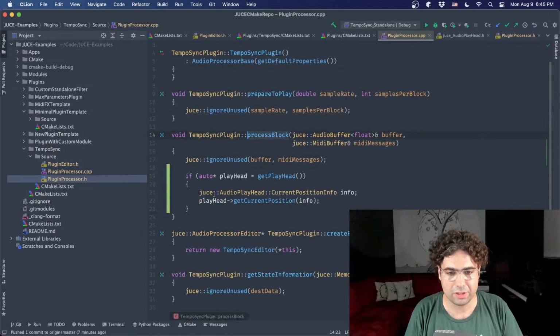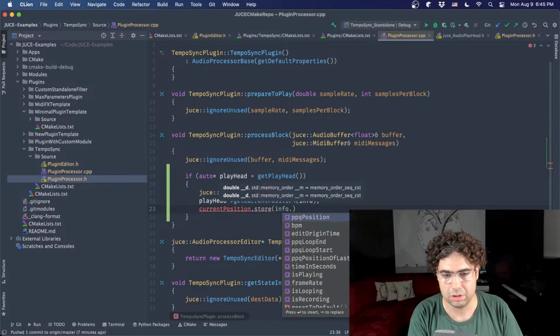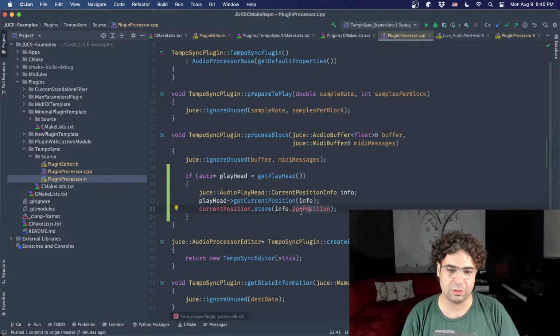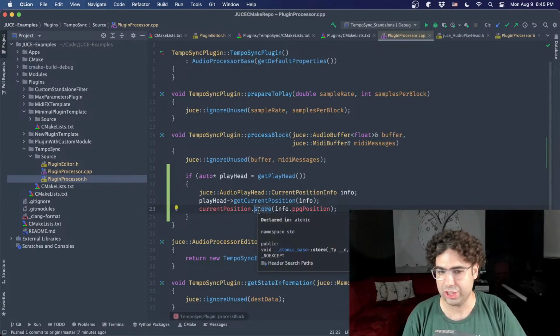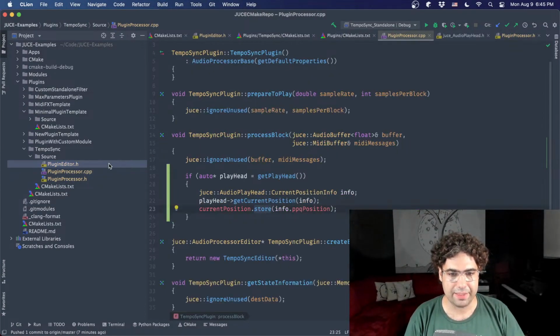And then during the process block, if we got a playhead and everything worked out, I'm going to do current position, store info, PPQ position. So I'm atomically storing this value. This is a value that was given to me in this block, so it's safe to read from here. But I have to write it into this shared memory thing, the atomic. So I write it there, and in the editor,